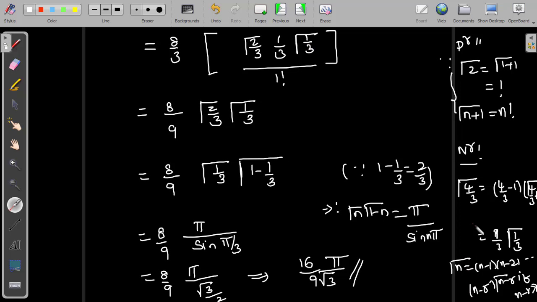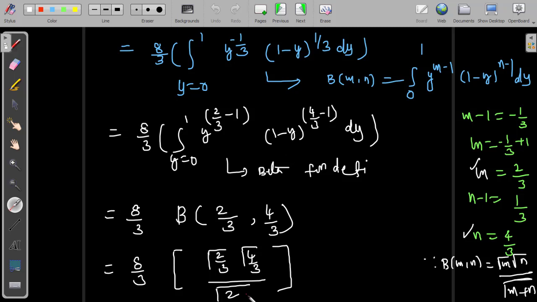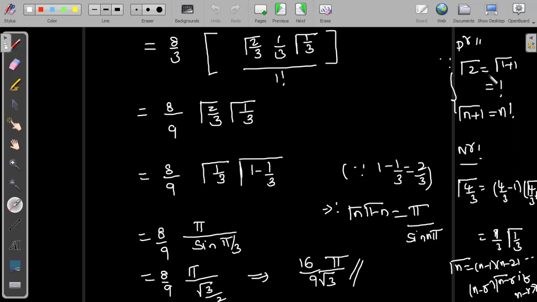So for positive fractions, apply this rule here, but in the denominator we have a positive integer, and for a positive integer I applied the rule gamma n plus 1 is n factorial, provided n is a positive integer, because 2 is a positive integer. 2 can be written as 1 plus 1, giving 1 factorial, I have not written the factorial, 1 factorial. 1 factorial means 1. That's why this value is 1. Okay, fine.